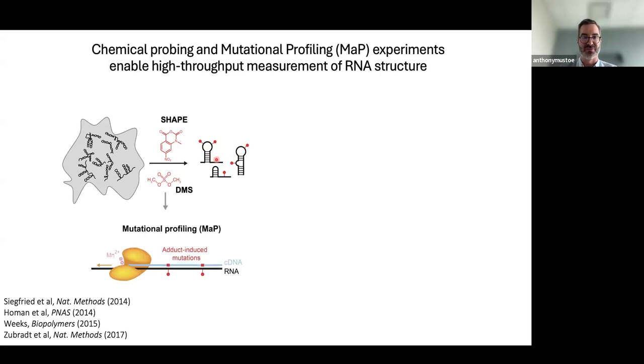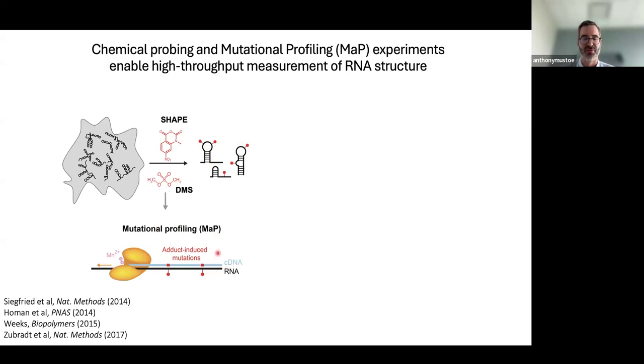And then we can read out these chemical modifications using sequencing-based approaches. Our preferred approach is this mutational profiling strategy where reverse transcriptase enzymes read through the modifications and introduce mutations in